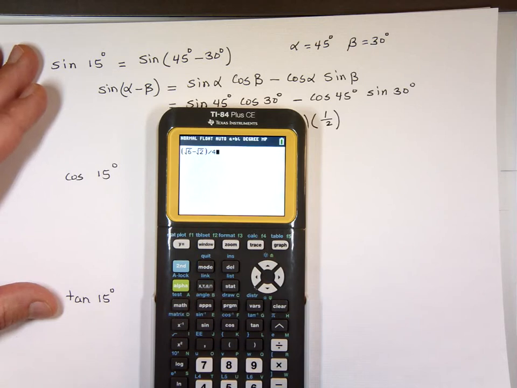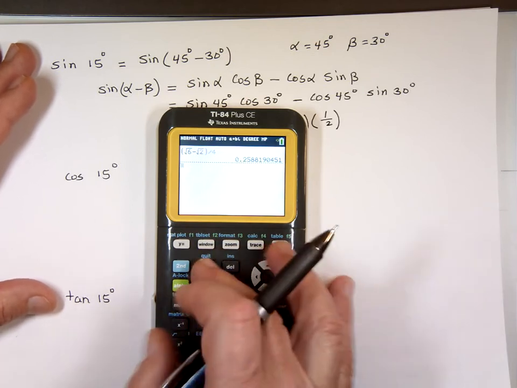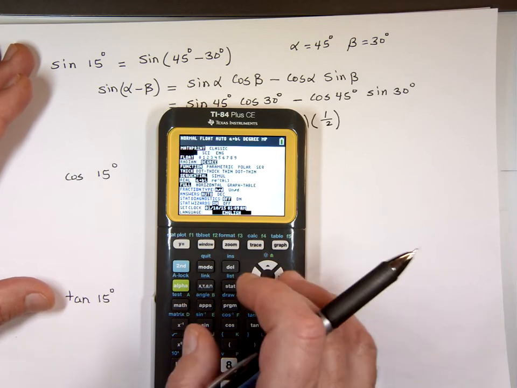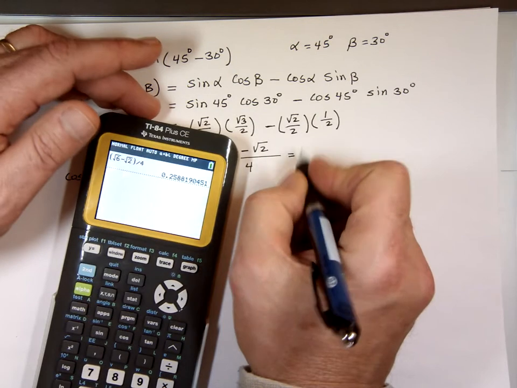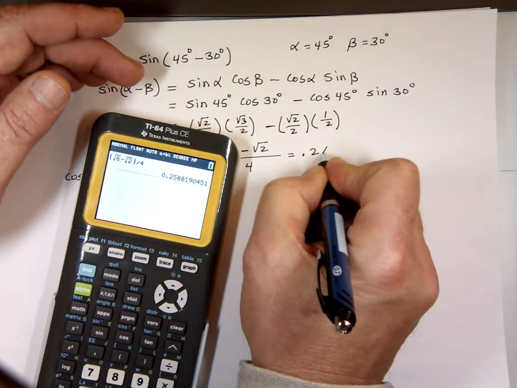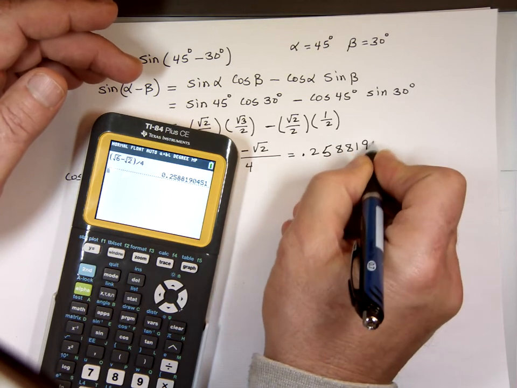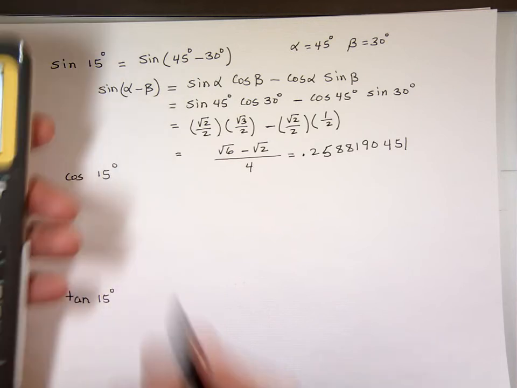The answer should be, again, are you in degree mode? Yeah, that's it. Were you in degree mode before? Let me see, where's mode? Yeah, you were in degree. Good, so that's the answer. Quit. So that's the answer: 0.258819045. The reason I'm doing this is because I'm going to have the calculator give me what is sine of 15